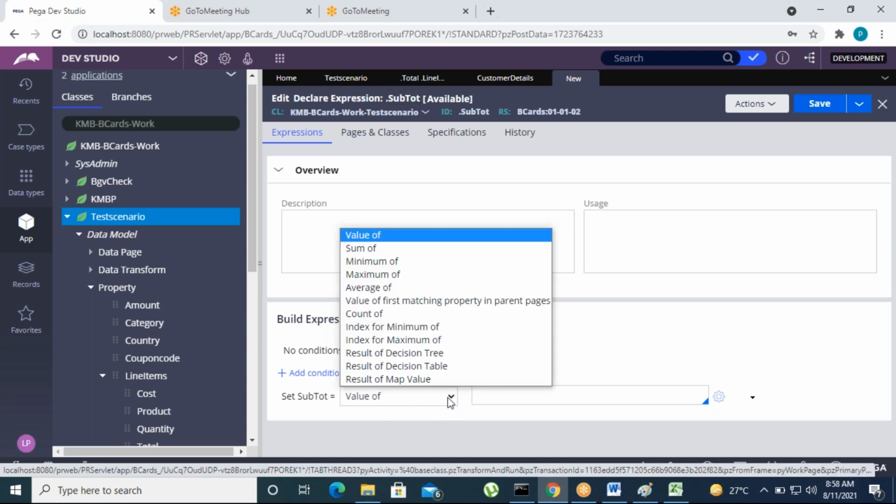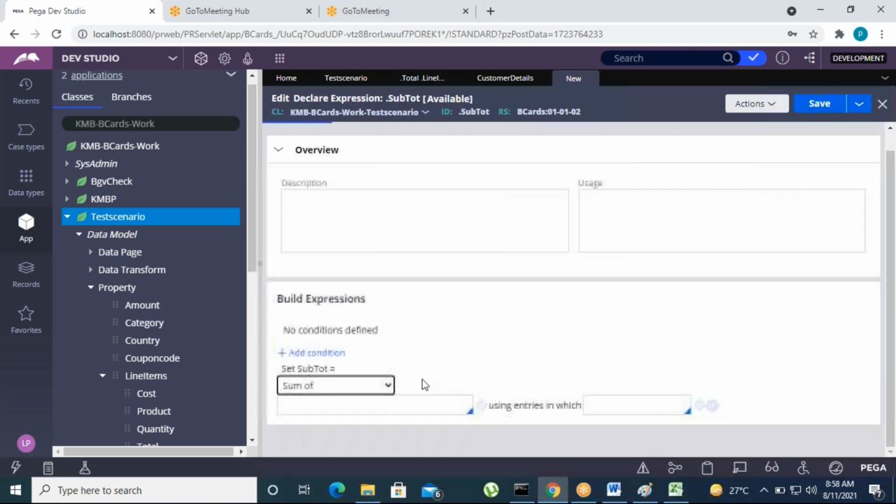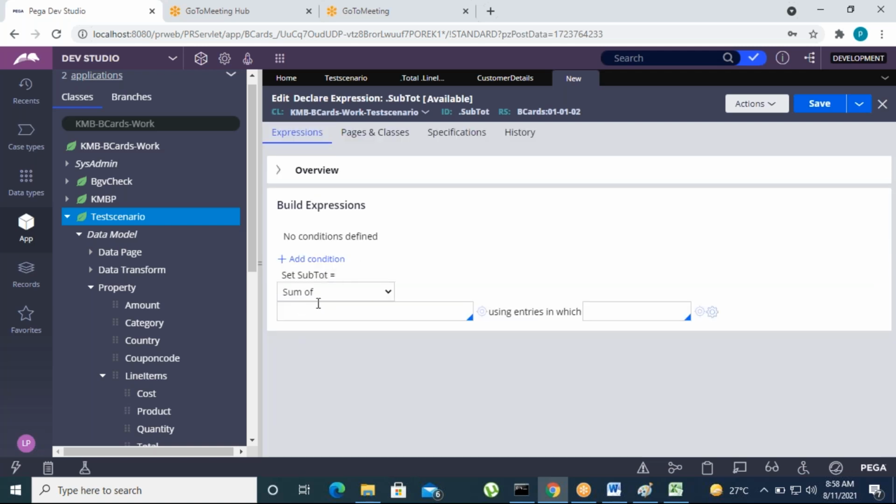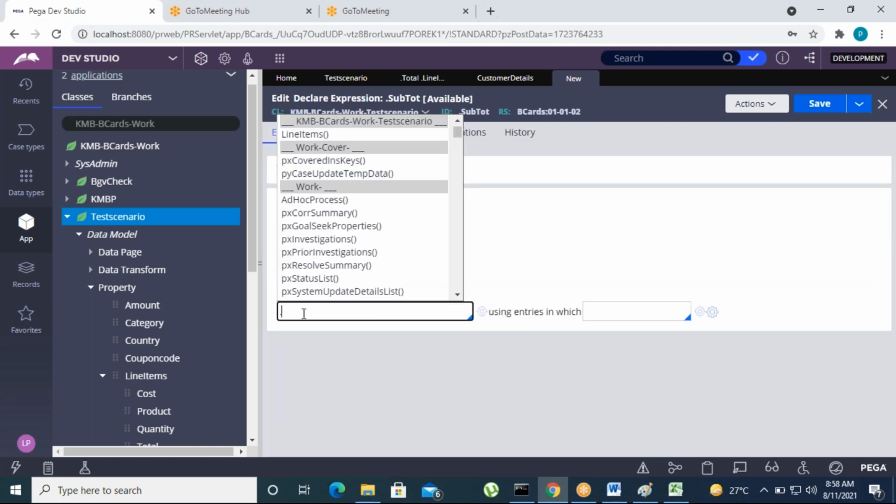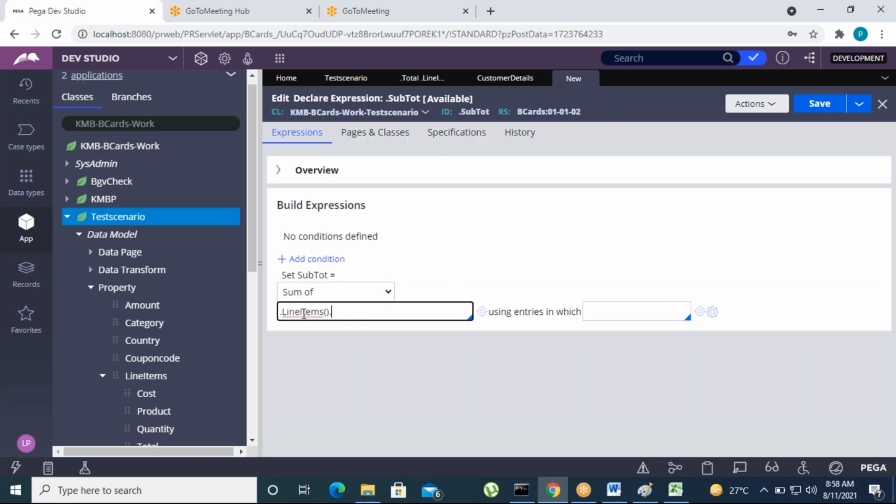So here we can select sum of what? All pages total, correct? First we need to refer to the page list, line items dot, in page list every page total, correct? That's it. Okay, so line items dot total, sum of all pages in page list. This is the formula.